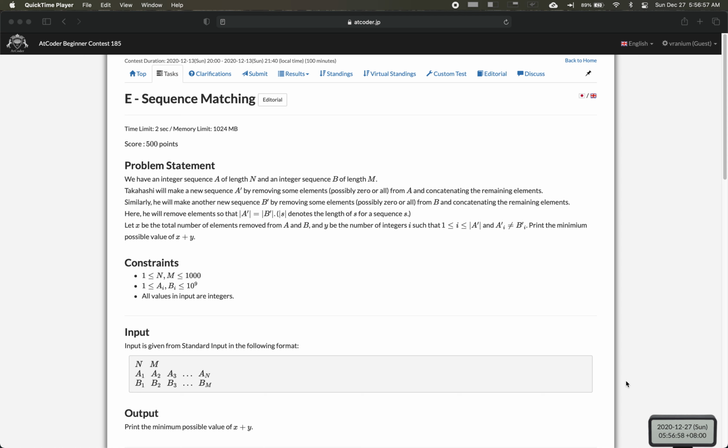In this problem, we have an integer sequence A of length n and a sequence B of length m. We will make new sequences A prime and B prime by removing some elements from A and B. But in the end, the final sequences A prime and B prime have to be the same size. Let x be the total number of elements that we take off from A and B to create A prime